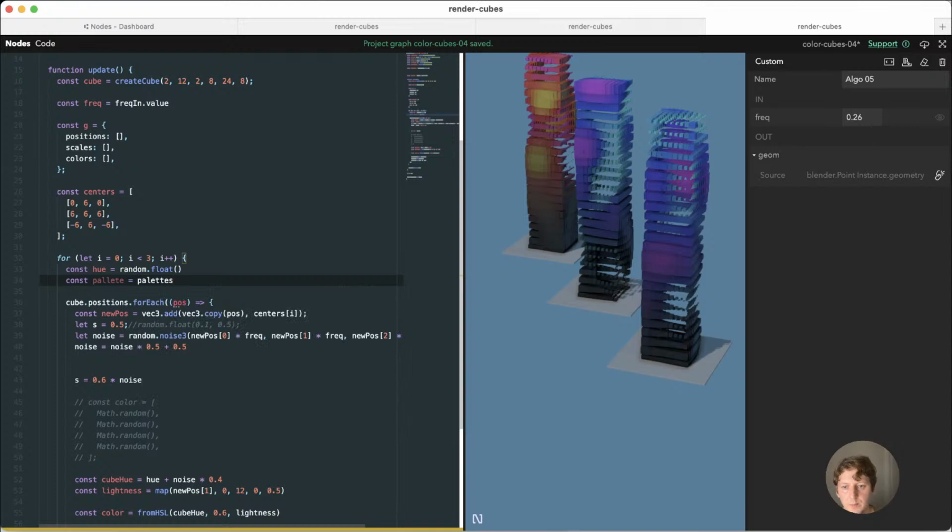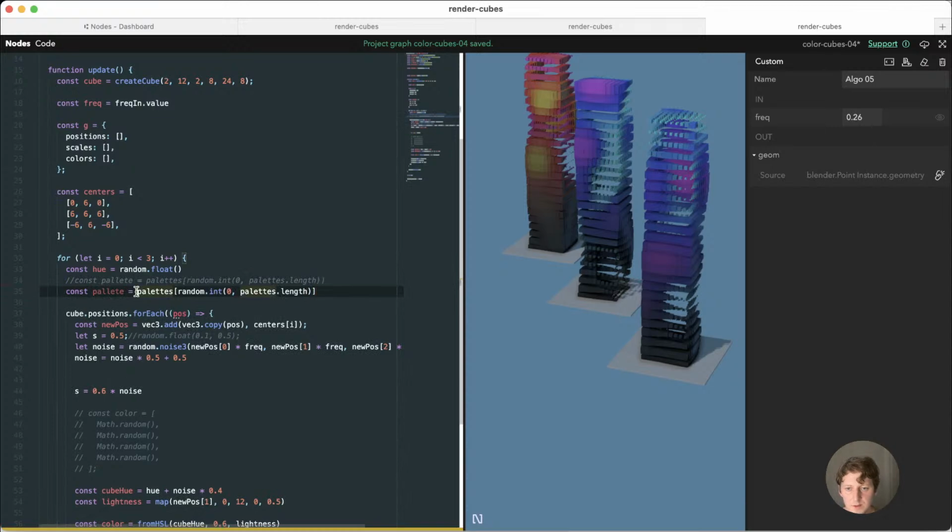We can do palettes, random int 0 to palettes length, or that's way easier with random element. This just returns a random element from an array. So then I have a color palette,